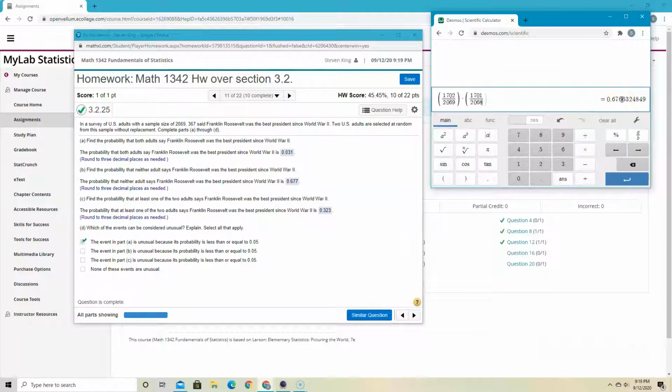.676. The next digit's a 6, so then we round this up to a 7. So 0.677. So that's done. But I want to show you one thing, and that is